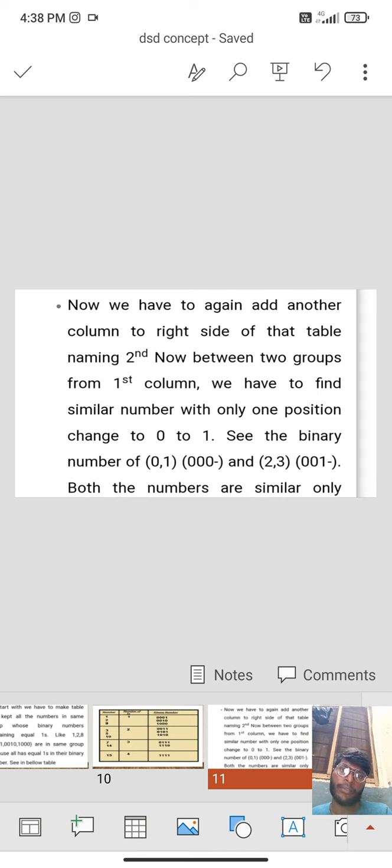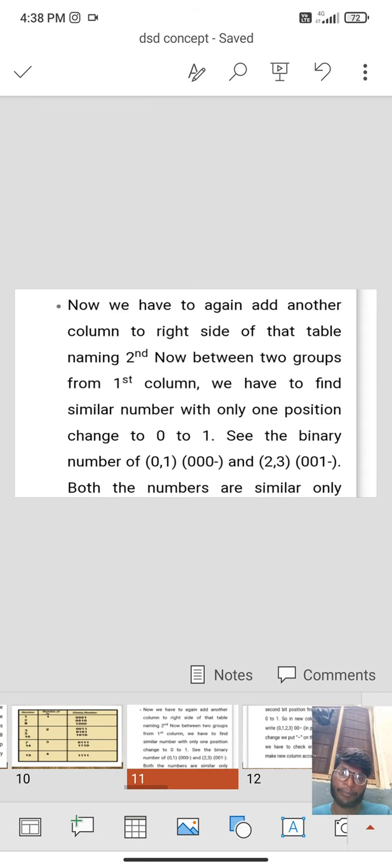Now we have to add another column to the right side of the table, naming it second. Now between two groups from the first column we have to find similar numbers with only one position changing from 0 to 1.